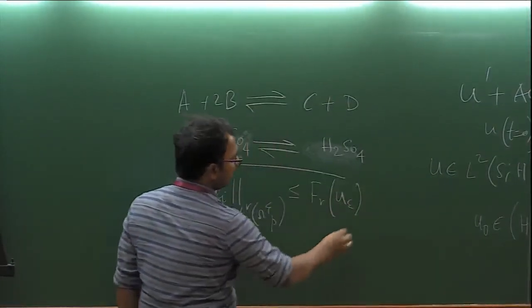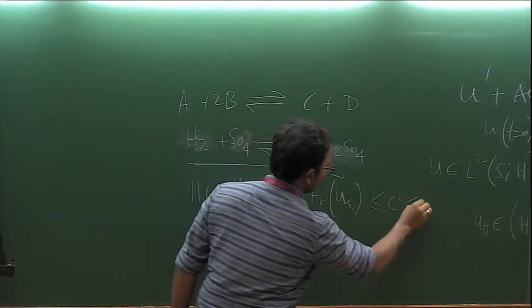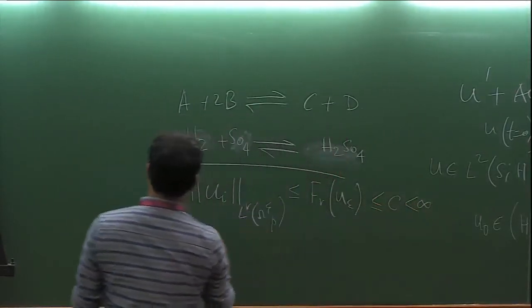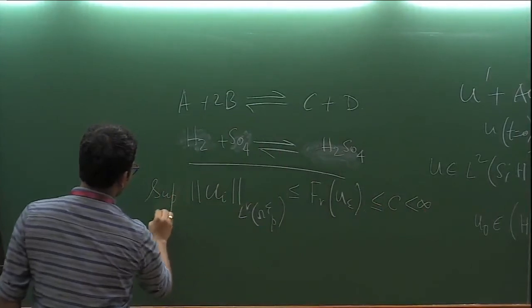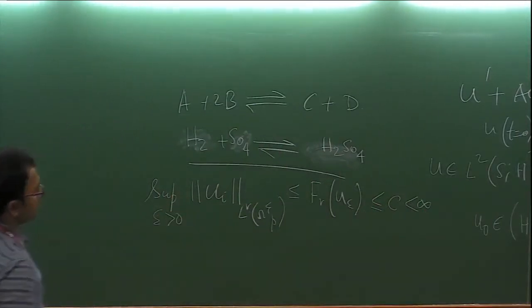Now, if we can obtain an upper bound for this capital FR, then this R is any natural number. So we have chosen this R as any natural number. So if we can obtain an upper bound for this U_i's, then what we are saying is that you can choose your R as large as you please.